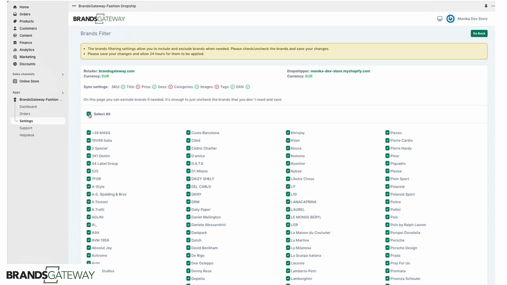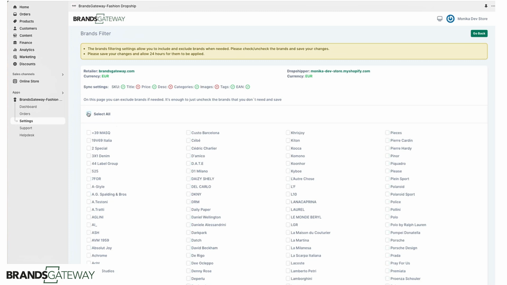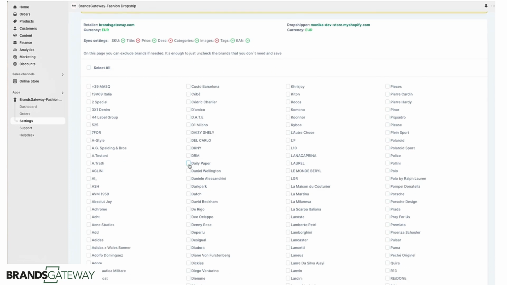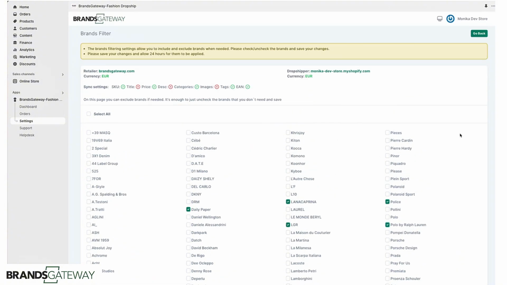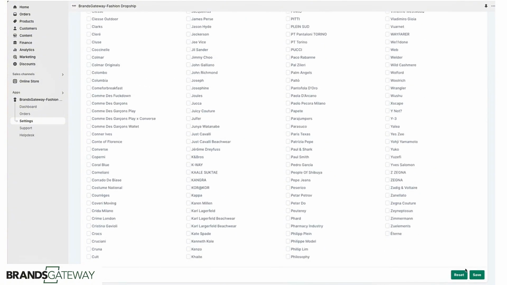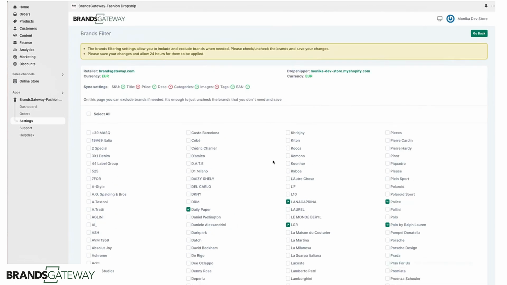All the brands will be pre-selected, but you can remove the selection of all of them and just choose the brands that you want. After choosing the brands that you want, you will just go all the way down and click save. Then the synchronization will start and all of the changes that you've done here are going to be implemented